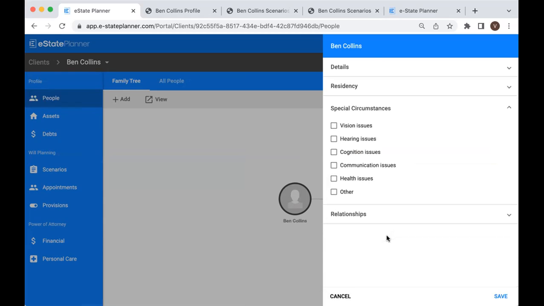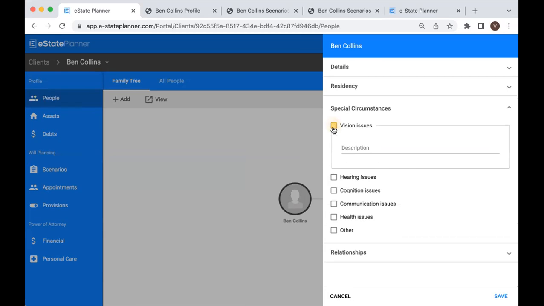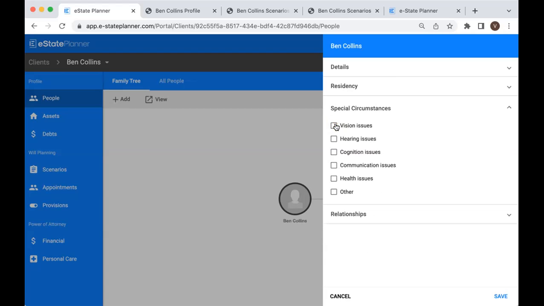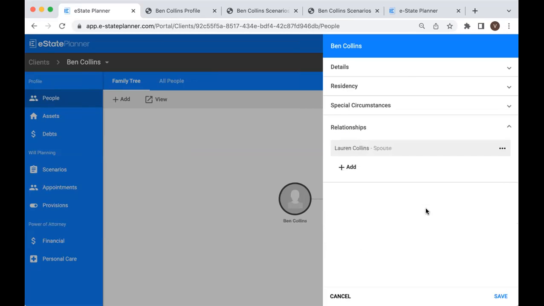Special circumstances for the client is a place where you could note any potential capacity issue. So you would just click on the box and you could write a description in below. So you want to make sure this stuff is really well documented in case there will be a will challenge down the line. And the last thing is just relationships, and it's just going to list all the other people